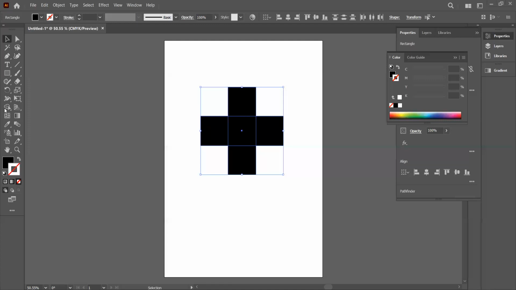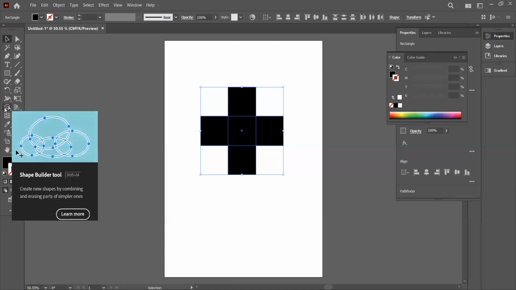So now, can you see? This is what we call the Shape Builder tool. In fact, this is the most common tool that you'll be using with your shapes to build anything. Can you see the way it works? Can you see the example here? They draw different circles. Look at it now. It formed something like a cloud at the end of the day.